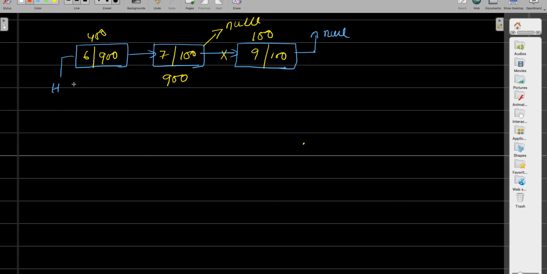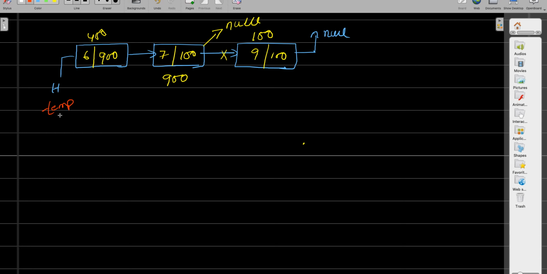So basically, if I have to start with the program, this is head, right? So I'll copy the head into one temporary variable. So let's say temp, right? The moment I copy into the temporary variable temp, I will do temp.getNext is not equal to null, of course not null. So temp will come here. Then again I will do temp.getNext is not equal to null. So temp will come here. Of course it is not null. And now if I do temp.getNext is not equal to null, that's where it will come null